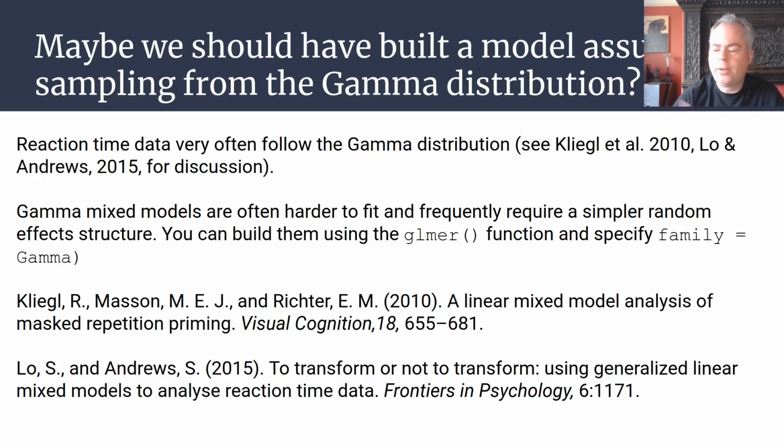There are a few caveats to say at this point. Gamma mixed models are often harder to fit, and frequently what you need to do is simplify the random effect structure in order to find a model that converges with parameter estimates appropriate for your data set. What I tend to do, and always think of that George Box quote, all models are wrong, but some are useful, is fit different sorts of models to my data set,